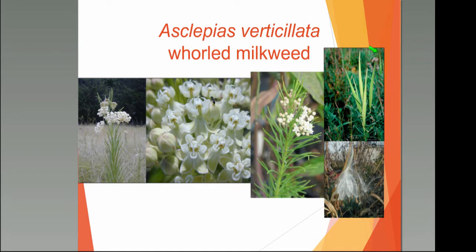Asclepias verticillata, or whorled milkweed. Whorled milkweed grows as a single-stemmed, unbranched plant, usually not more than 2 feet tall. The linear leaves are narrow, approximately 1/8 of an inch, and grow in whorls along the stem, thus its common name. 7 to 20 small greenish-white flowers occur in flat-top clusters on the upper part of the stems from June